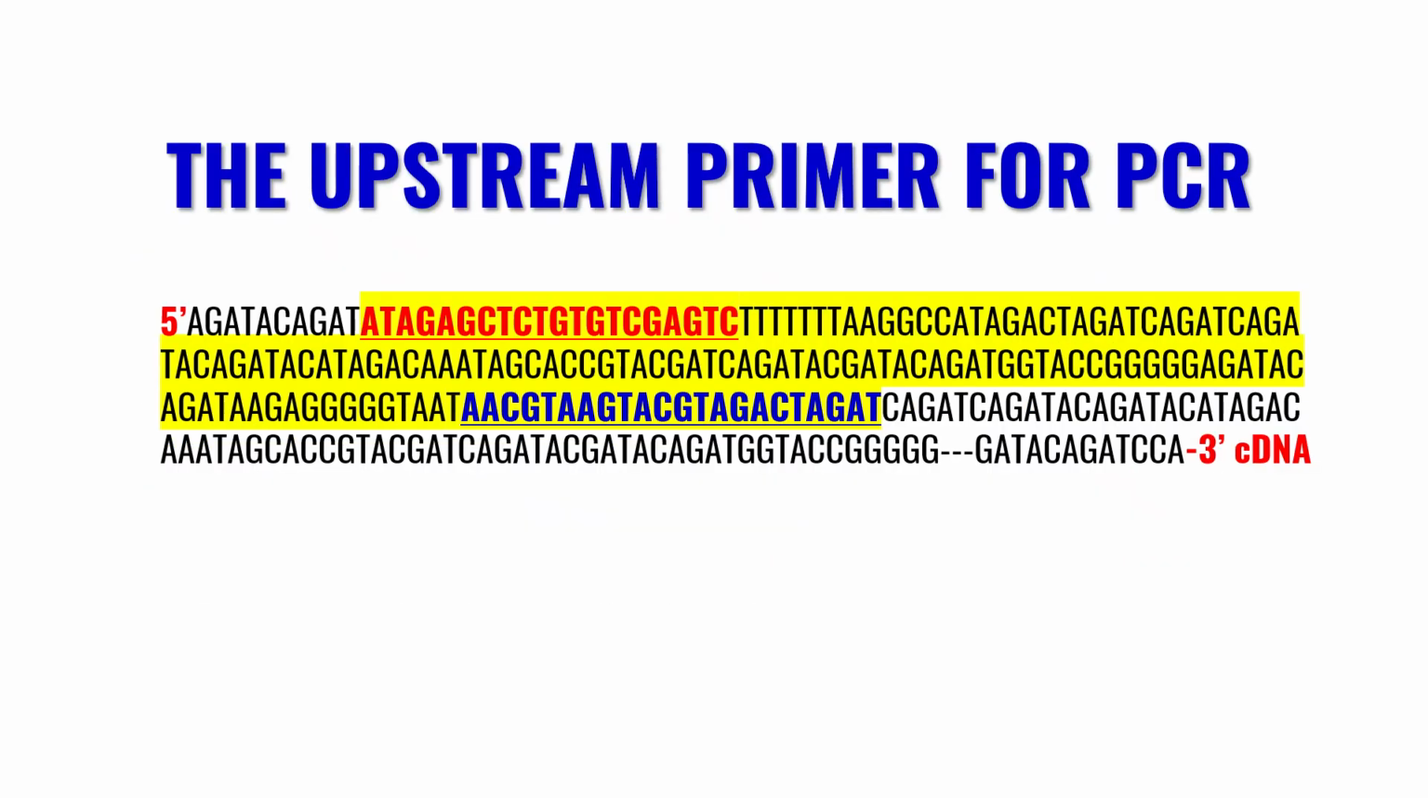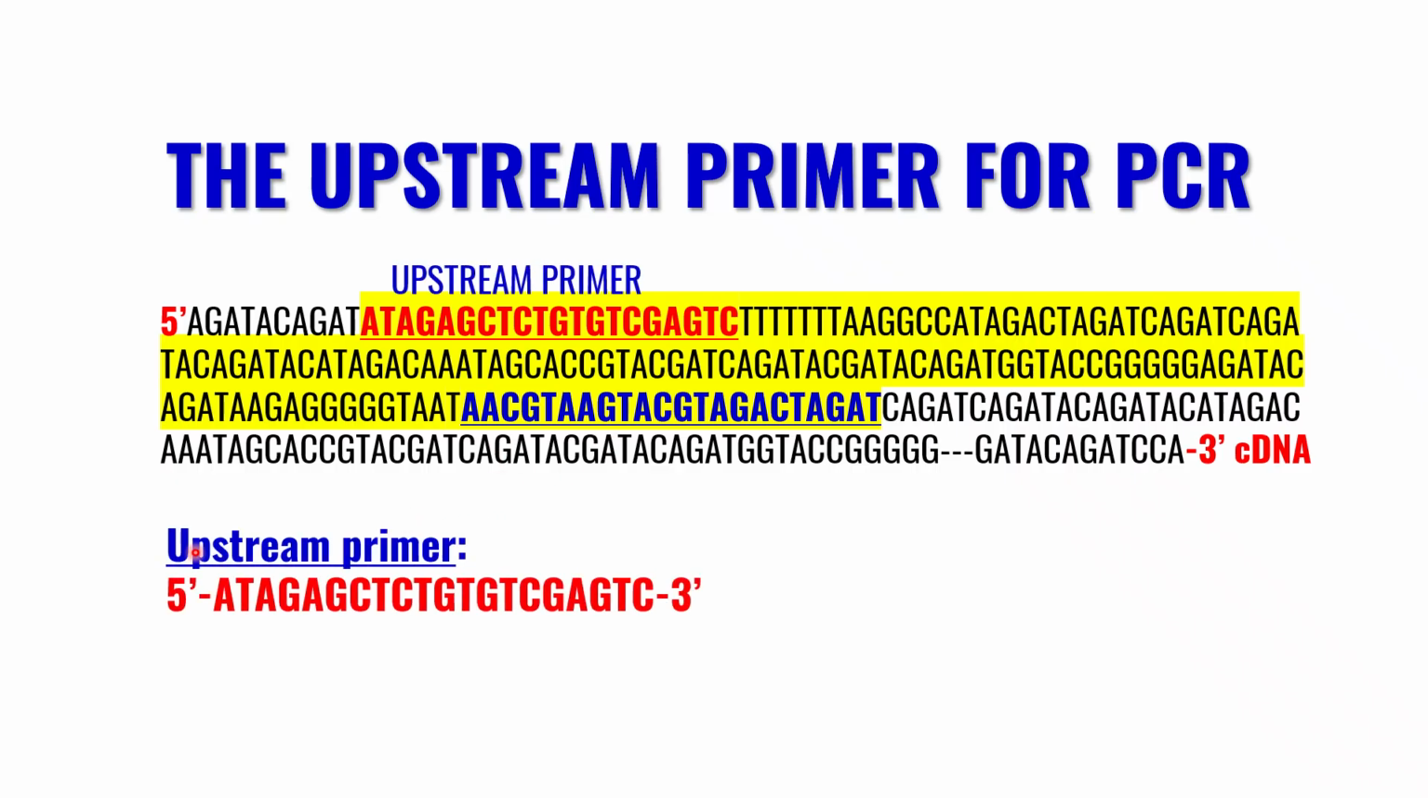So, selection of the upstream primer for PCR. Let us design the upstream primer, or the sense primer, for the selected highlighted region here. The upstream primer is selected toward the 5' end. It consists of 15 to 22 nucleotides from the 5' end, and this must bind to the complementary sequence of this target. Therefore, copy the sequence and define the 5' and 3' ends of the sequence,